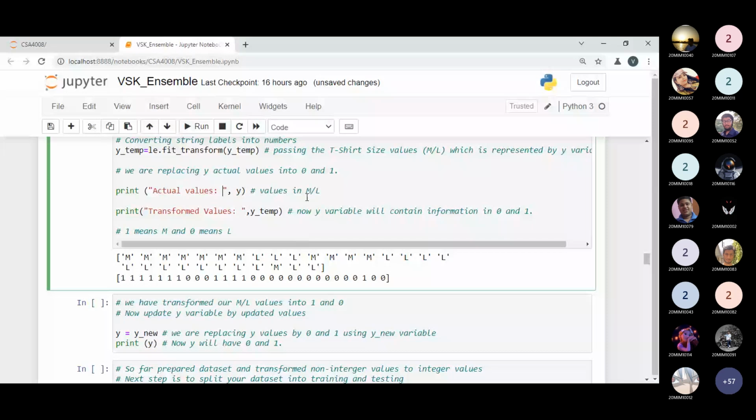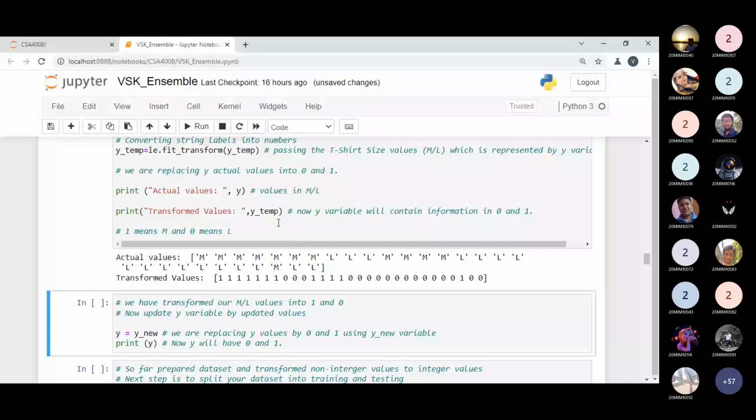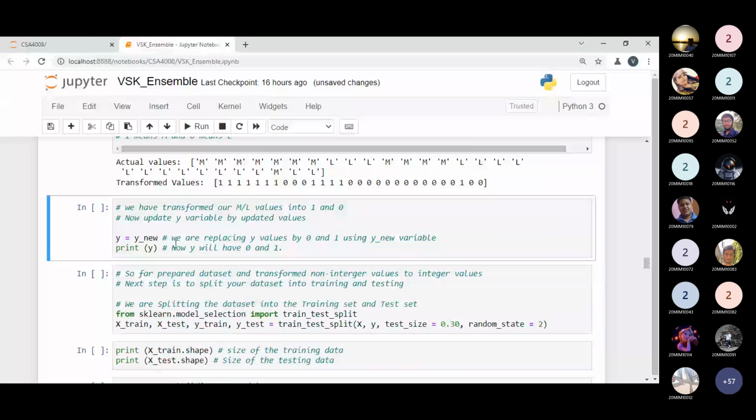Now it is clear how we have done it, right? It is clear to all? Yes, sir. This part we have already discussed in the previous class, but it is required over here. Now we have to transform our M and L values to 1 and 0. So now I will copy all the values of y temp into y, so the M and L values will be replaced. You can directly use y rather than choosing y temp, but we have taken y temp only for understanding purposes. If you do not want to use y temp, you are not required to, but I have taken it over here for understanding purposes.